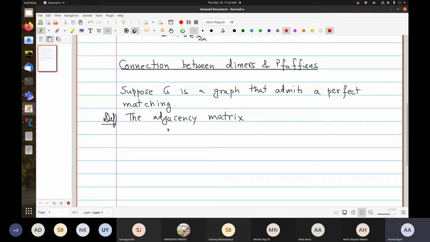Since we are going to give weights to edges, I'm talking about weighted graphs, again simple and undirected. The adjacency matrix A of a graph G is a square matrix